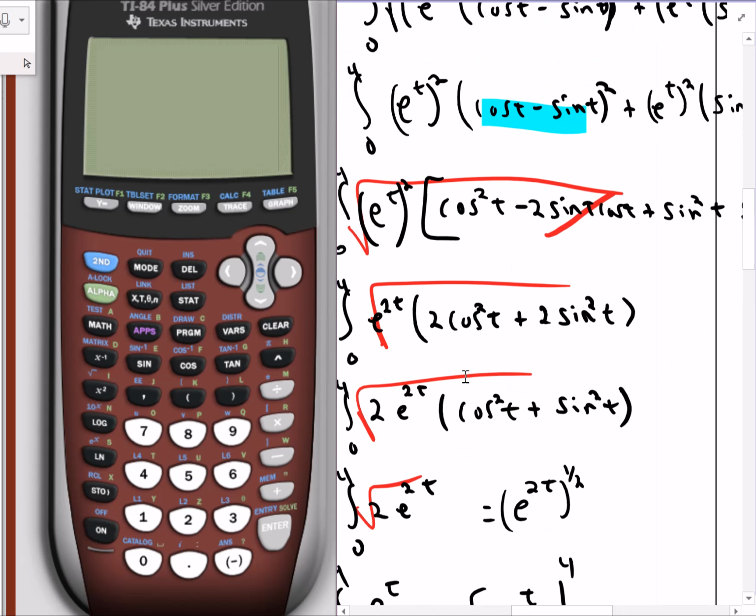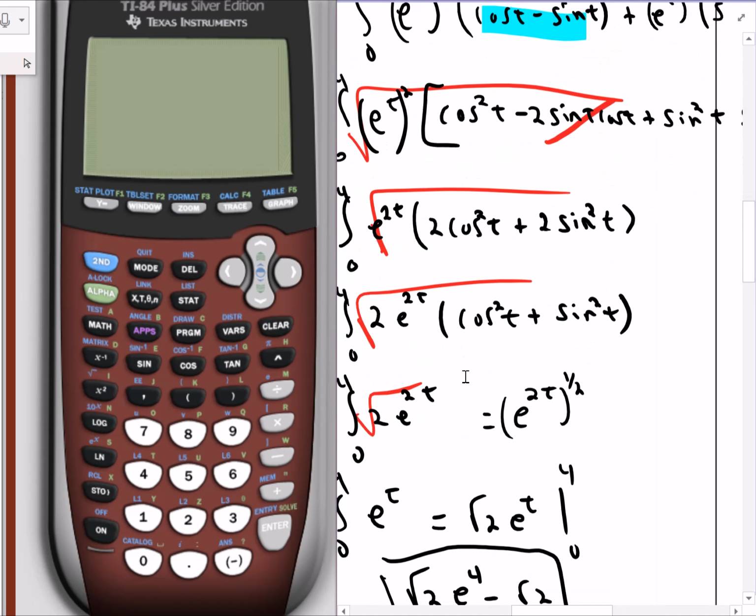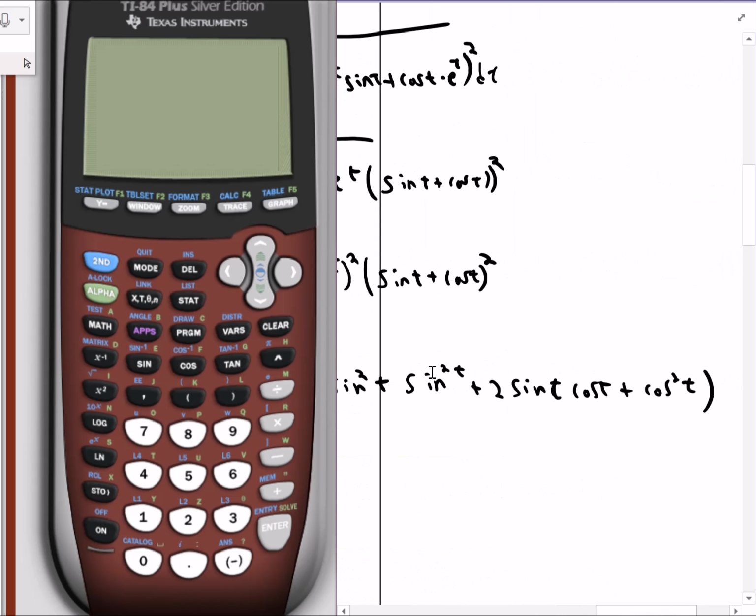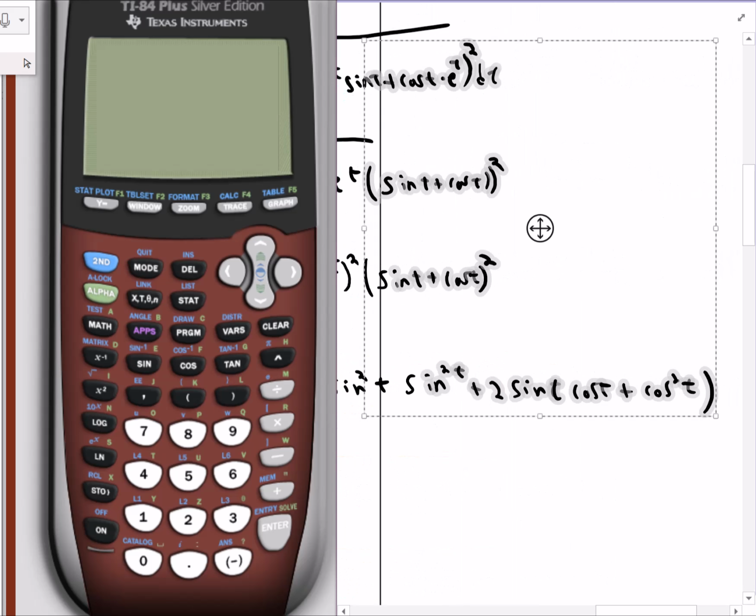All right, so I encourage you to try to go through all those algebraic steps yourself and understand each one, because that's what it looks like if you had to do this without a calculator. That's what you do. All right, let's move on to